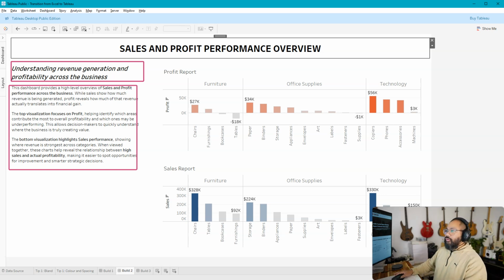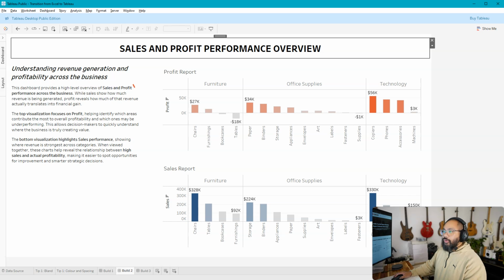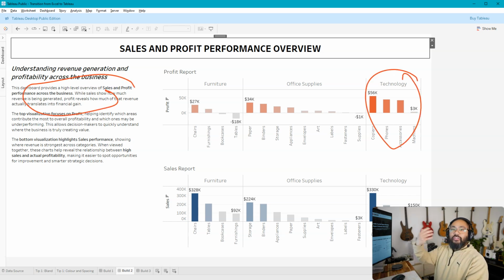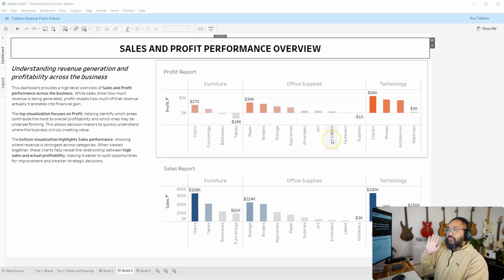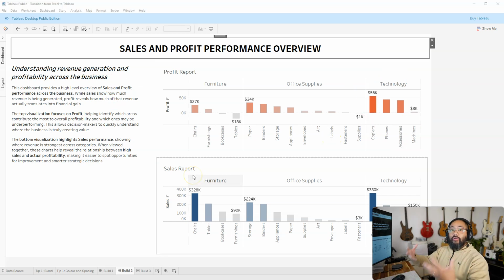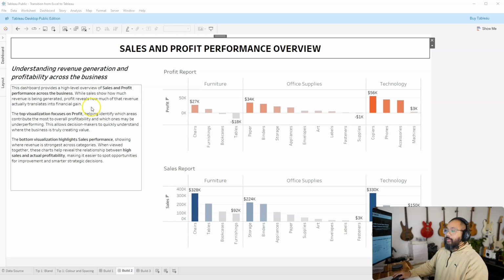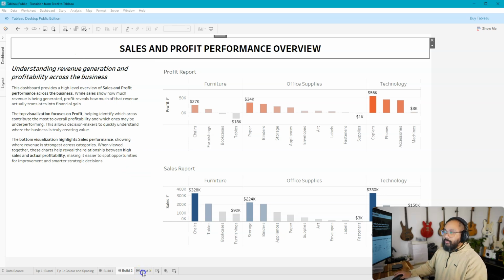Okay, so once you start moving, maybe, let me get my arrow tool. Here we go. So say now you start moving this one. Where's my drawing tool? Here it is. So you start now moving some of this text to be closer to the sales report. Or, you move some of this one to be closer to technology. And so once you start getting into layout, then you start putting a background on, it starts to look a lot more interesting and people are more inclined to read it. So then you end up with something